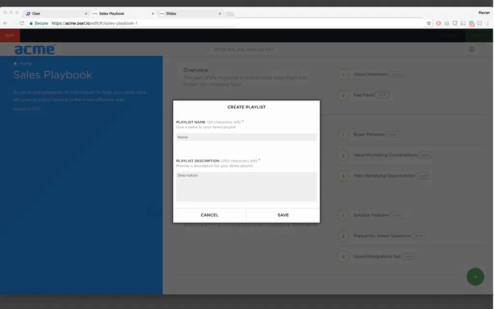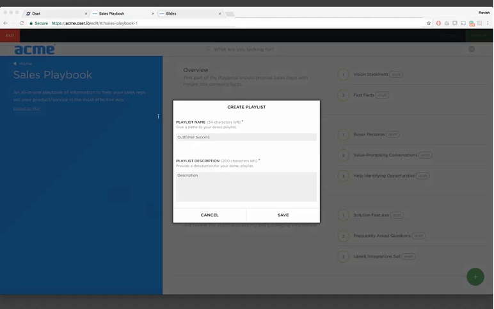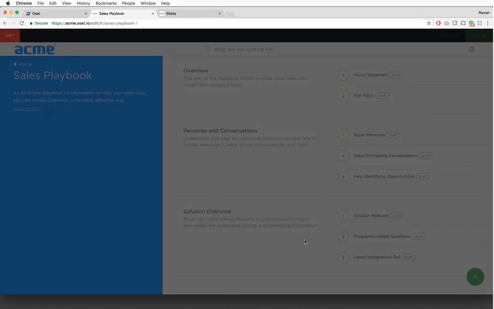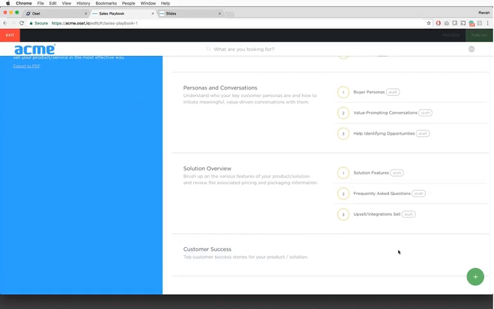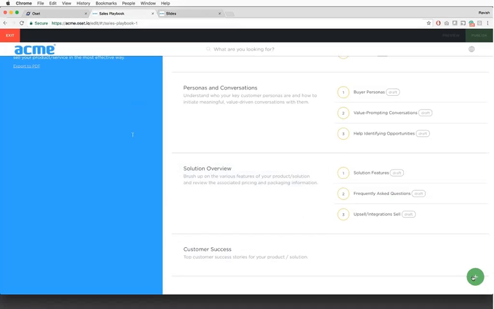Now that we have got solution out of the way, it's time for validation. And the way to do validation is by actually having a list of top customer success stories. And we've just got a section for customer success stories. How would we break those down? So we will break customer success stories down by,